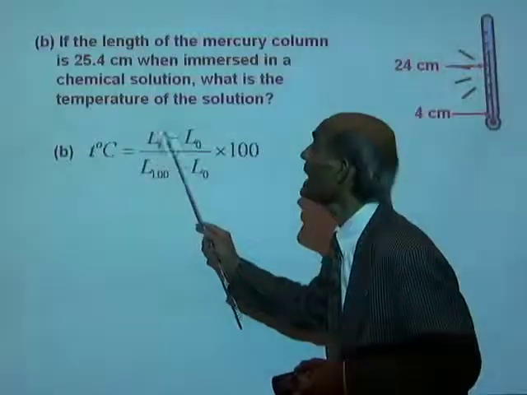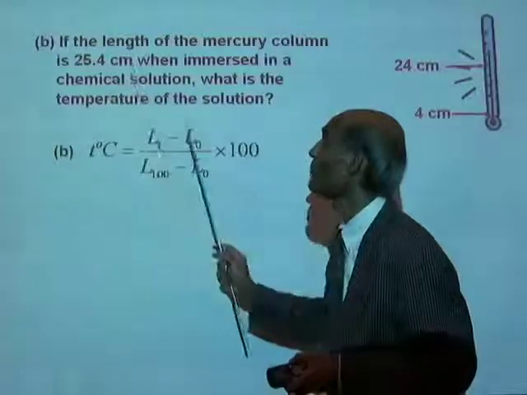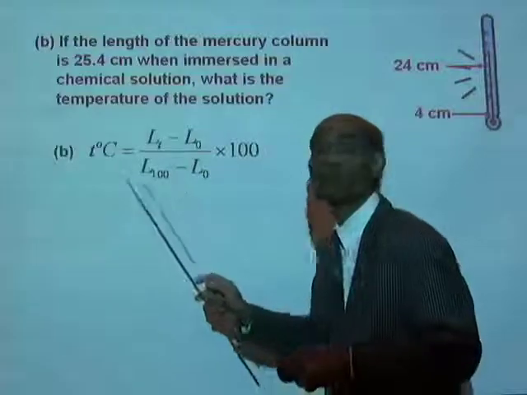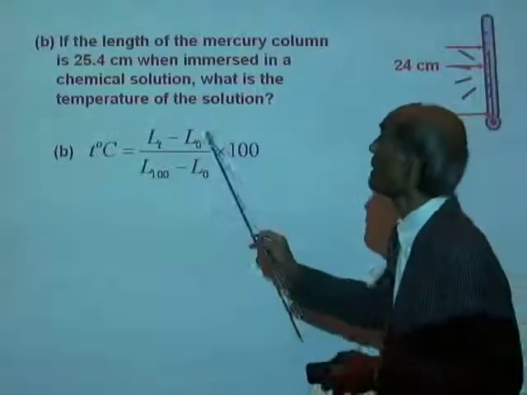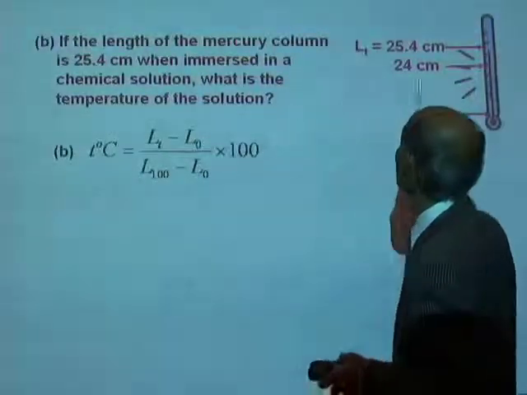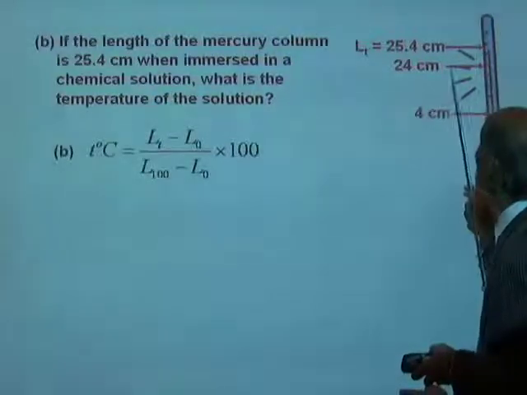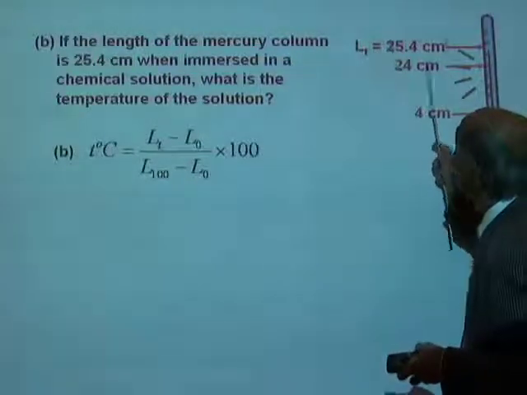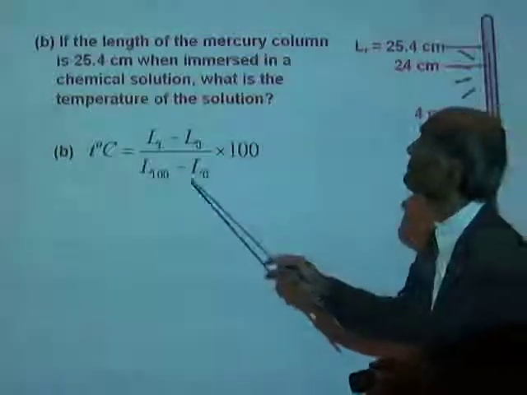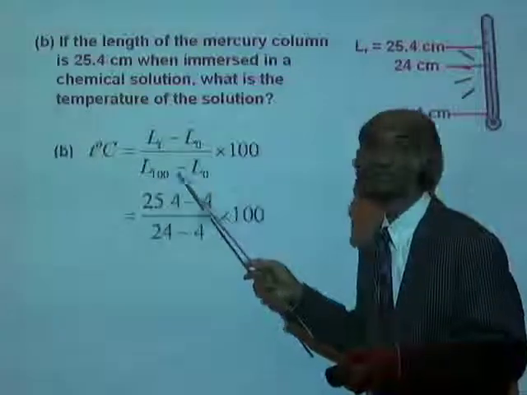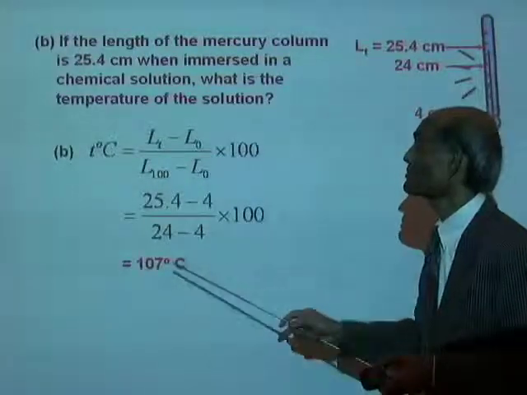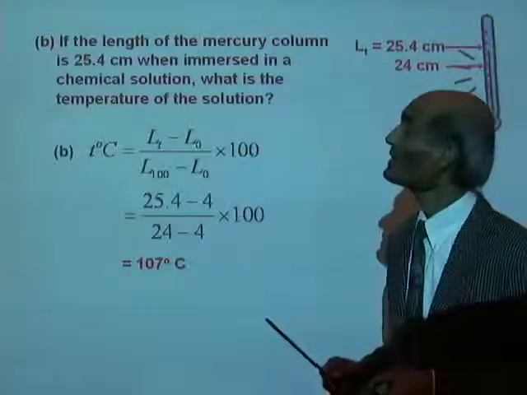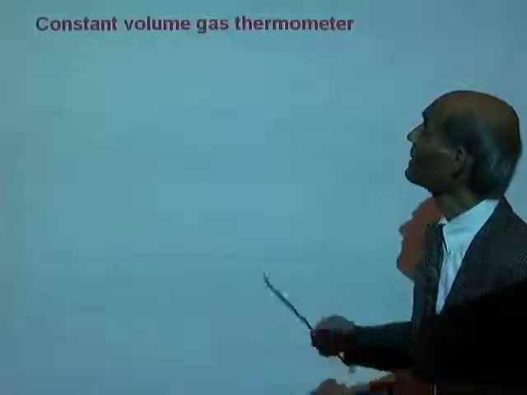We now know L sub T is 25.4. L0 we know, don't we? L100 we know. We can now find the temperature by putting all these values. Our L0 is 4 centimeters, L100 is 24 centimeters, L sub T is 25.4. Bring all those values here, we get that the temperature is 107 degrees Celsius. Okay, let's now